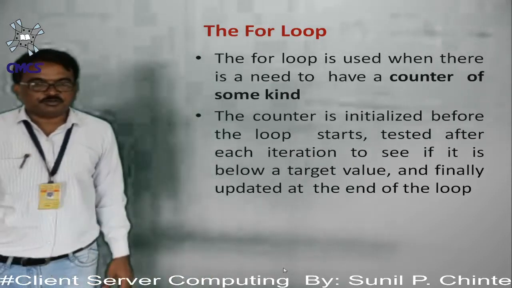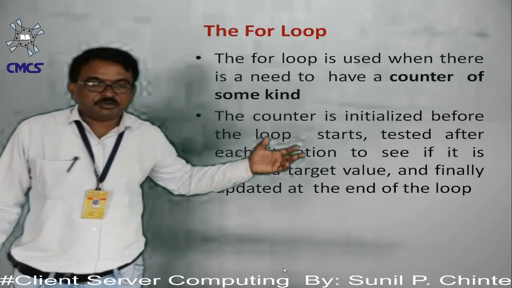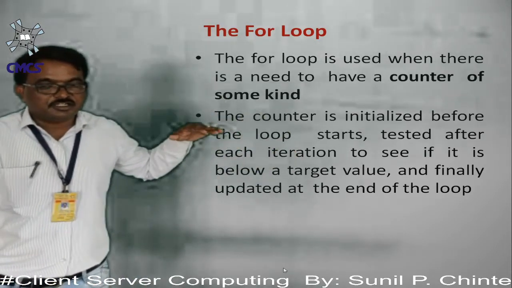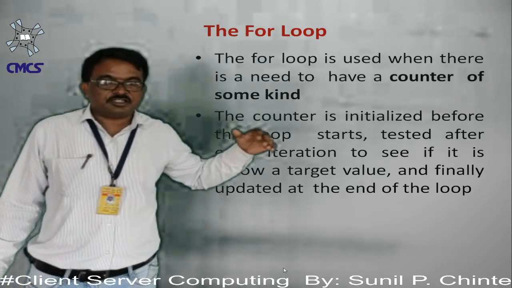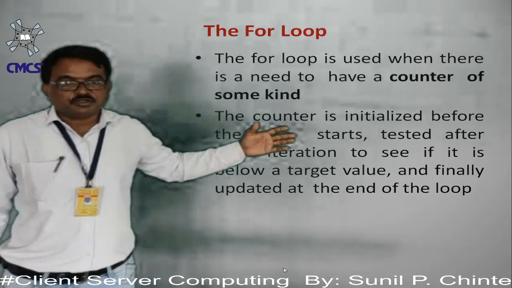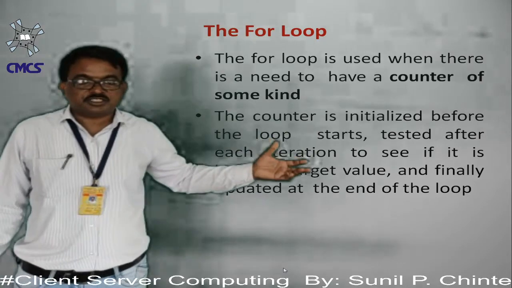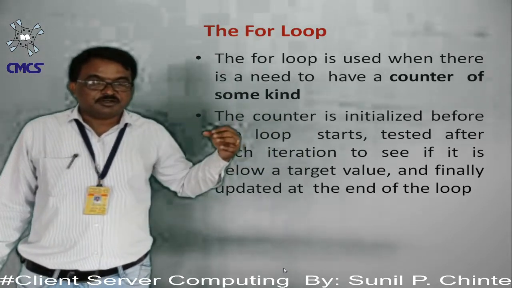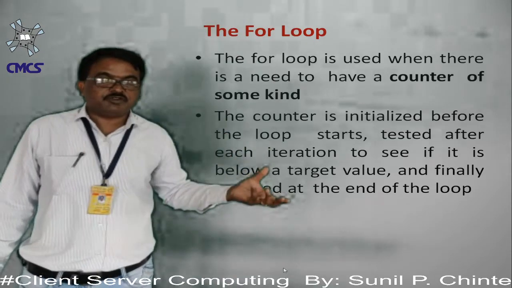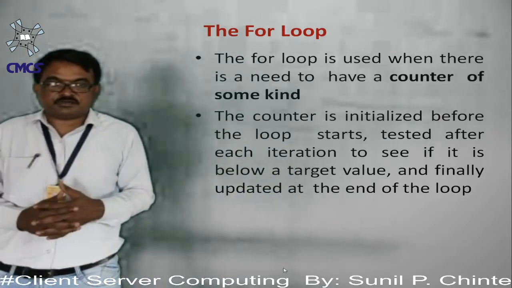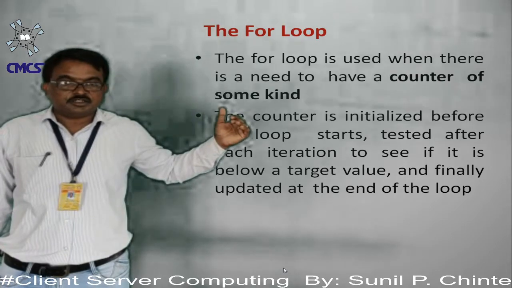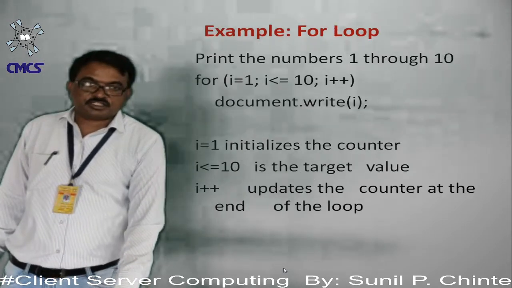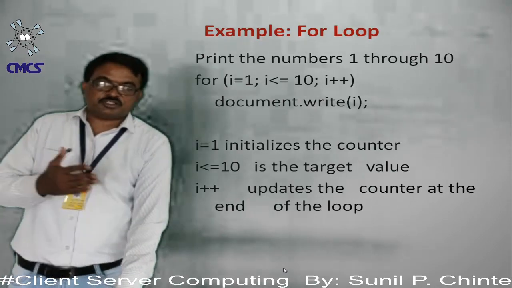Another loop is the for loop. Here we are initializing and checking the conditions and incrementing or decrementing the counter in the same row. Okay, so this is the for loop. This is also called as an entry level loop. Means before executing the loop, the conditions will be checked. If the conditions will satisfy, that time the loop will be executed. Otherwise, loop will not be executed. Generally, this loop is used with arrays.